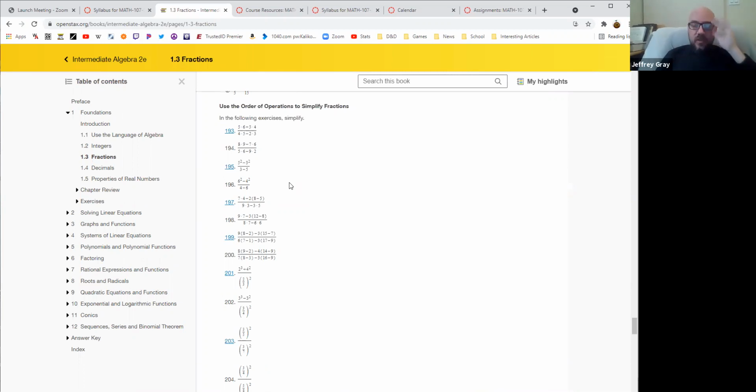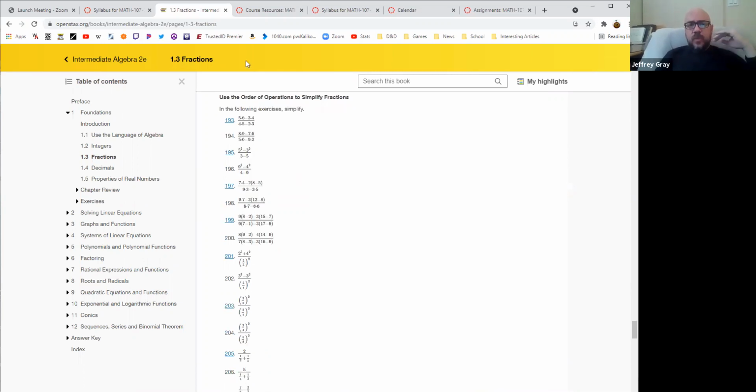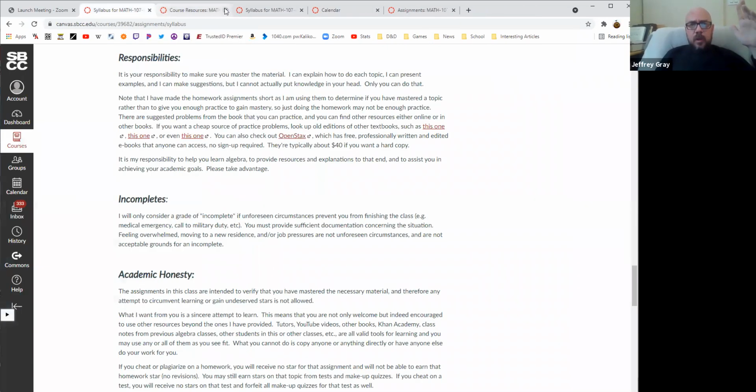You don't actually need to use your book for this. I happen to like your book, but you don't have to use that one. You can use one of these free or cheap ones. And if you don't want to use any of these three, feel free to just go look up older editions of any intermediate algebra textbook. I don't care how you learn this material. How you learn it is up to you. I just care that you have learned it and can show me that you can do it on a test. That's all I'm looking for.